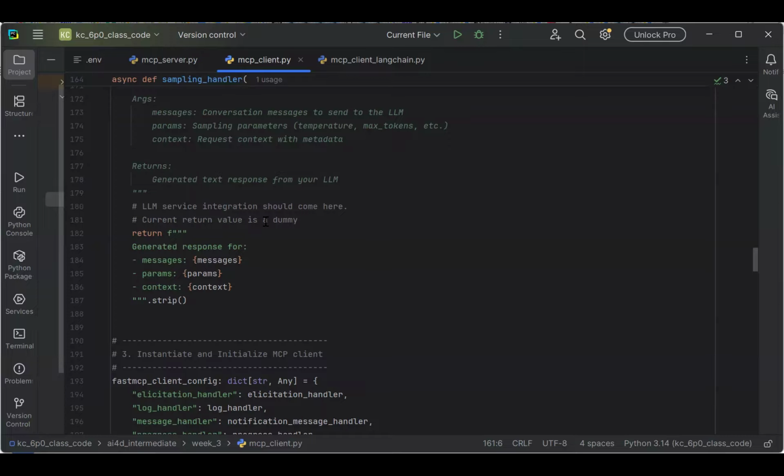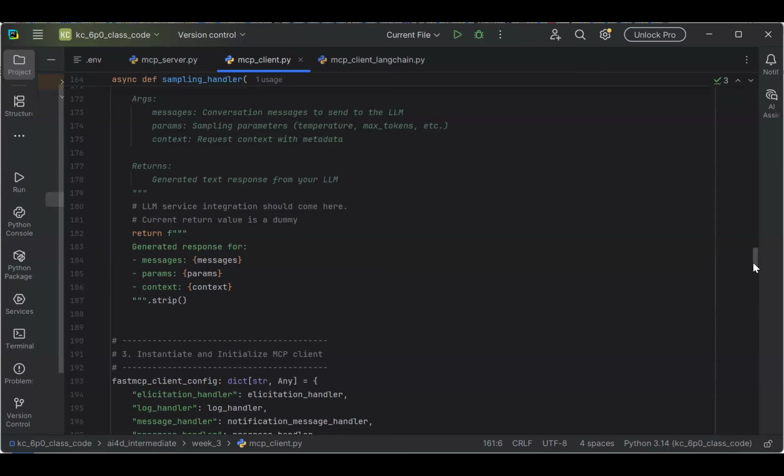And then when the LLM provides a response, you also surface that to the user for them to go through and decide whether or not they want to provide that to the MCP server. And where the user approves all that,